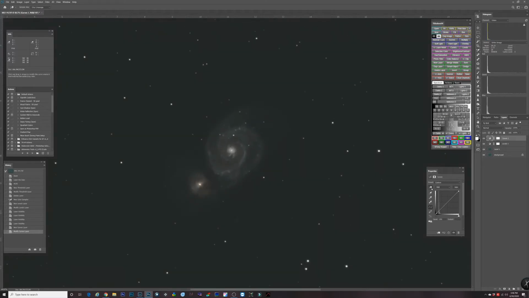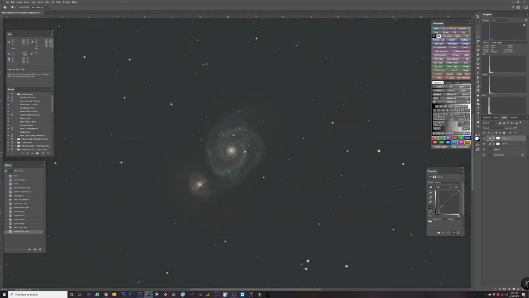is use the little up and down finger thing here, and then we zoom in on M51, and then just click and hold on something that you want to brighten, and just push up on your mouse, and it will kind of target that particular point that you clicked on in the image. And then now